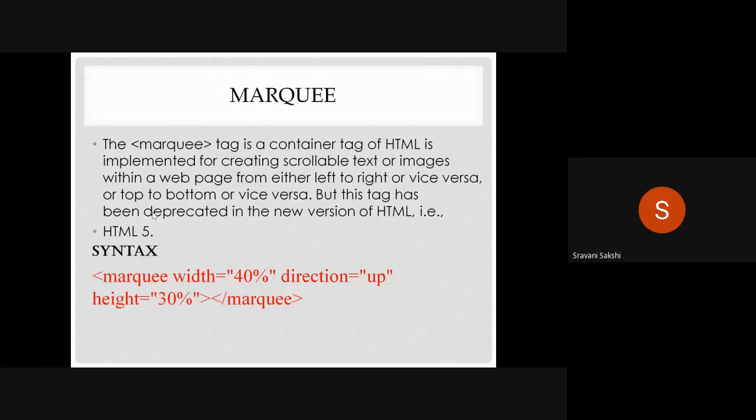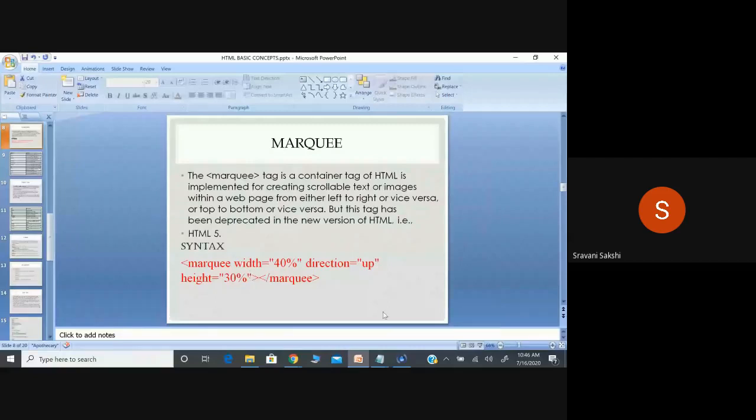Okay, so this is also called marquee. So let us see the example.